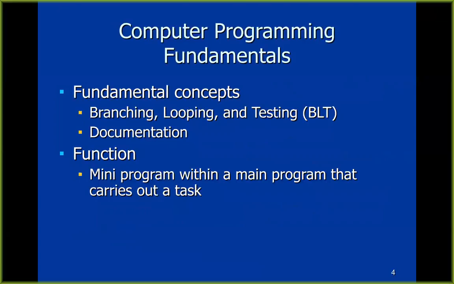So the fundamental concept of computer programming is that a language is a programming language if it has these three features: branching, looping, and testing. And that is what makes it what is mathematically and philosophically called NP complete. It can solve a certain category of problems, and those problems are the ones that can be boiled down to an algorithm, a series of steps. Do this, do this, do this. There are some problems that cannot be boiled down to an algorithm like that, and there is currently a huge argument about whether computers can solve those problems or not.